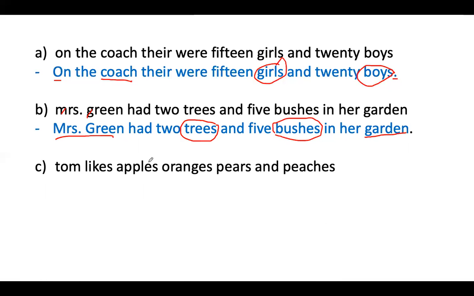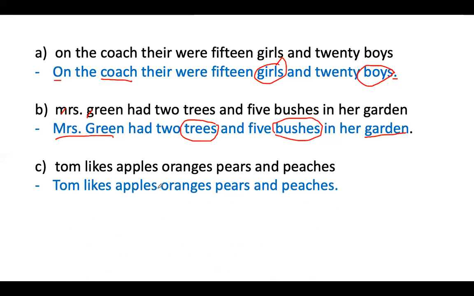Okay, now moving on to the next one. Tom likes apples, oranges, pears and peaches. Now how we'll just punctuate it, first we'll make T capital because it is the proper noun as well and the first letter of the sentence as well. Then Tom likes apples, oranges, pears. Now these 3 things should be separated. And how do we separate things? By putting a comma between them. So we'll put commas here and full stop in the end. Tom likes apples, comma, oranges, comma, pears and peaches. Okay. Now